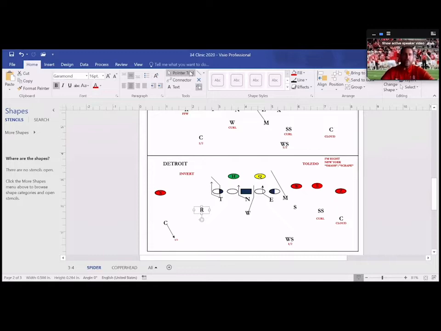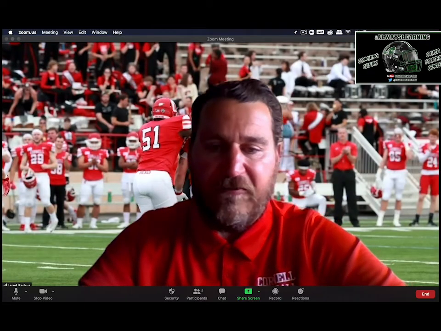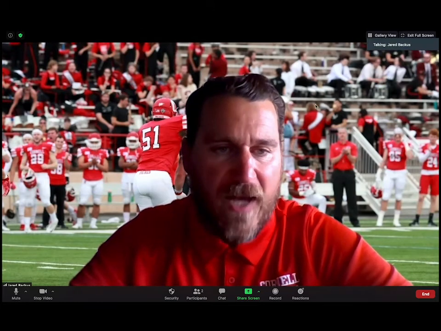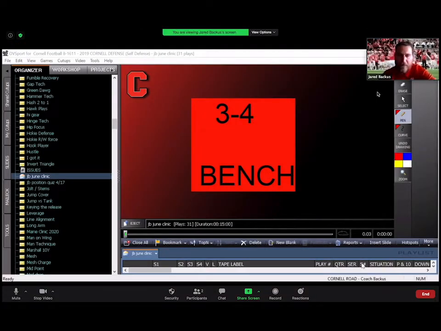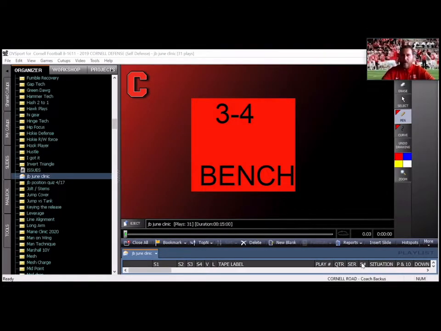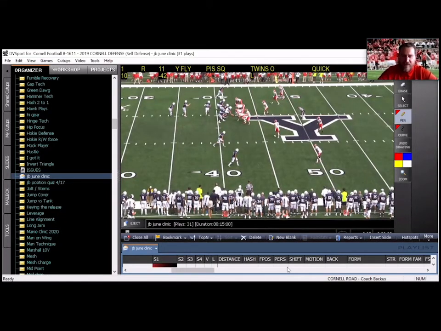Okay? All right, now what I'd like to do is show you a little film on Spider, just to talk a little bit about our 3-4. I showed you guys a picture of this before, all right, but just to show you the spacing here. So just so you guys have an idea how we're getting lined up in our 3-4 defense, here's our